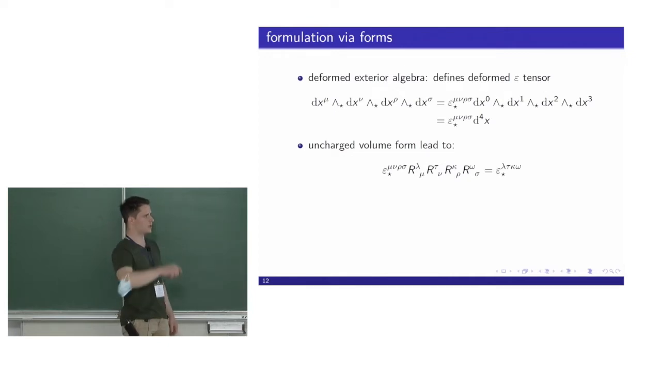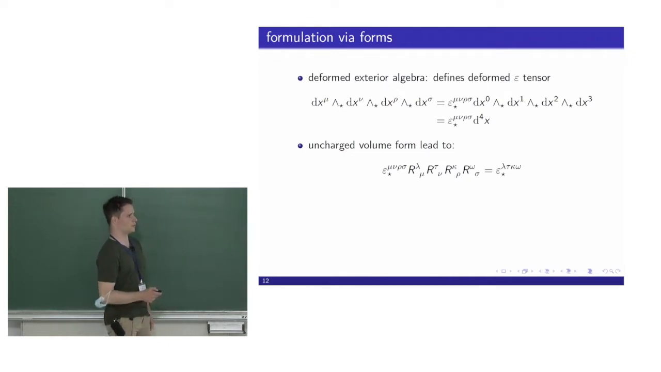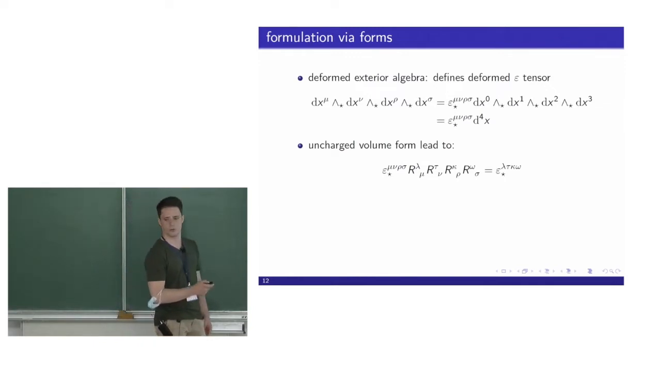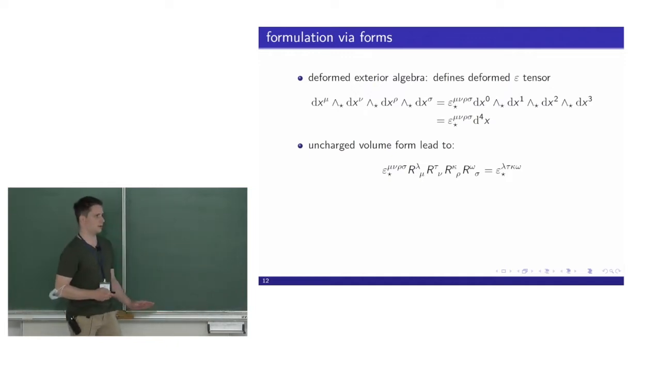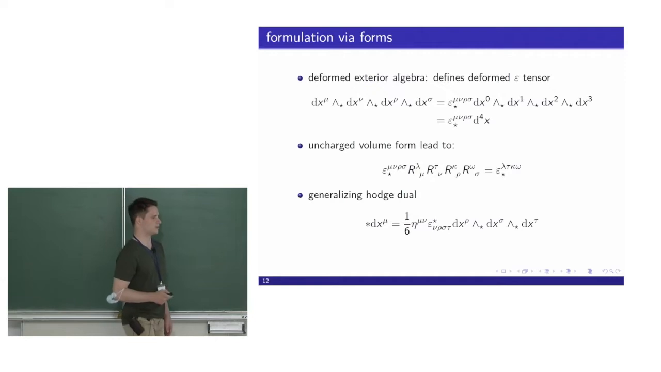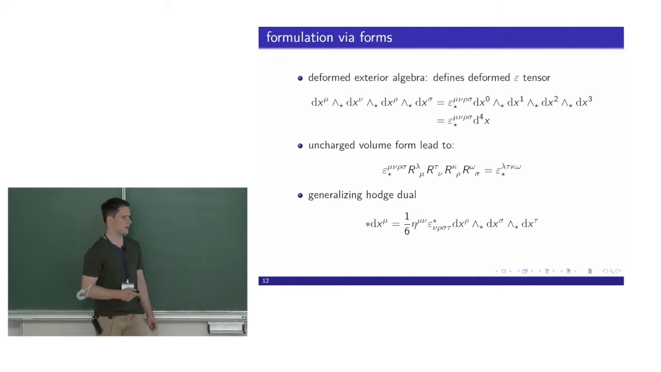Okay, so right, we have this relation here. So these R matrices contracted with this epsilon tensor always reduce to the epsilon tensor. We can also use this epsilon tensor to generalize the Hodge dual in a given basis. So the Hodge dual